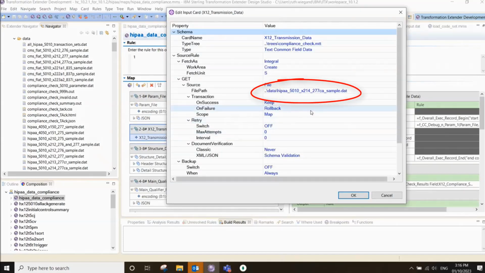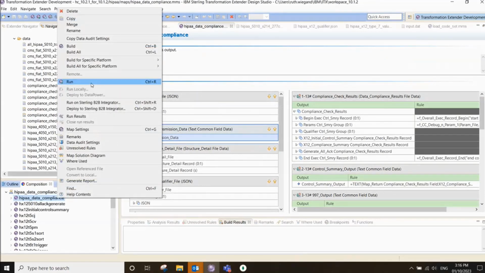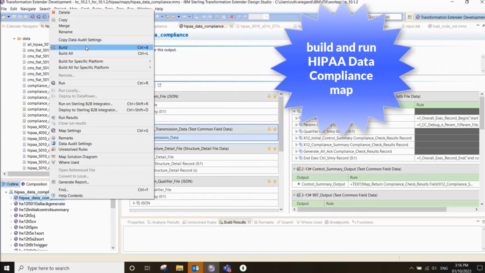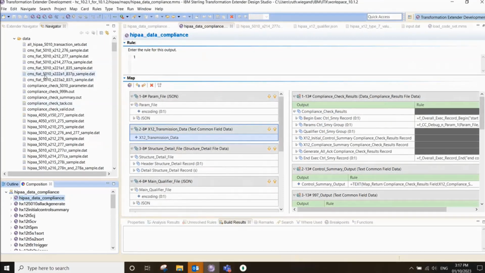I've updated my input transmission to use just the 277CA sample instead of all transaction sets. And if I run that, normally you would do a build all if you need to compile all the run maps under HIPAA data compliance. I had just updated the transmission data, so I only need to rebuild this top level map. And then when I run that, the output is valid,